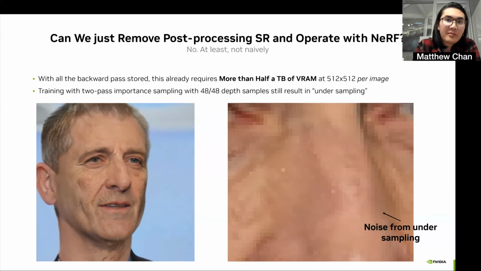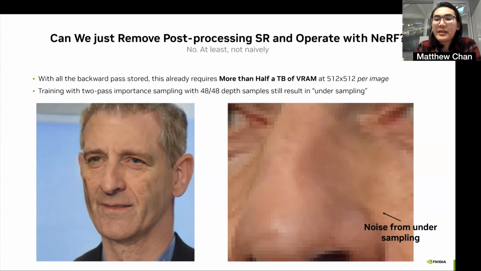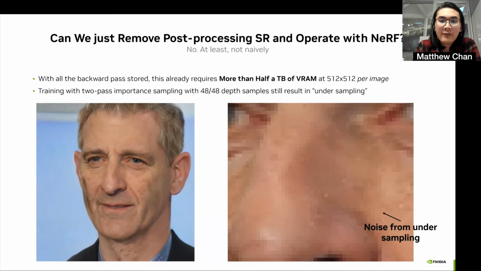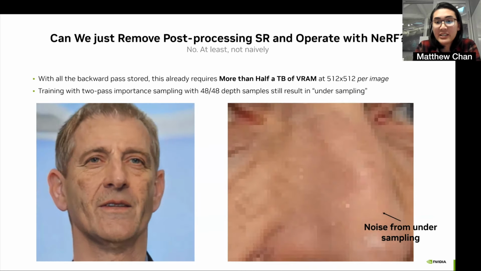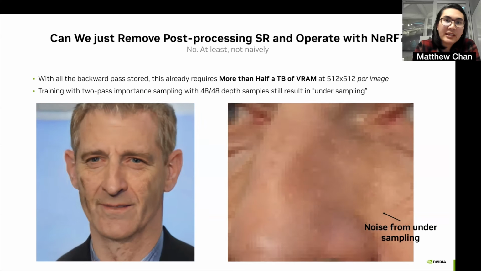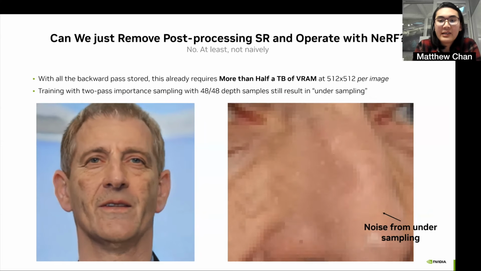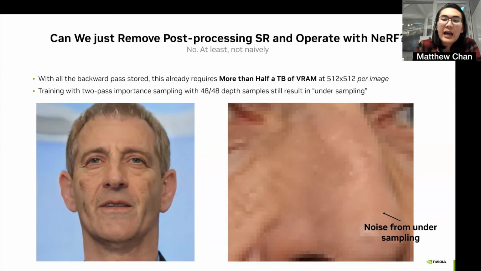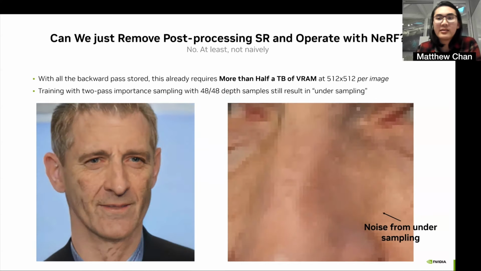Recall way back, we had three easy methods to reduce the training cost of our GAN. First was the size of the NeRF representation. Second was the number of pixels that we want to render. And third is the number of samples per pixel. We're going to actually go back and address how we do this third one.